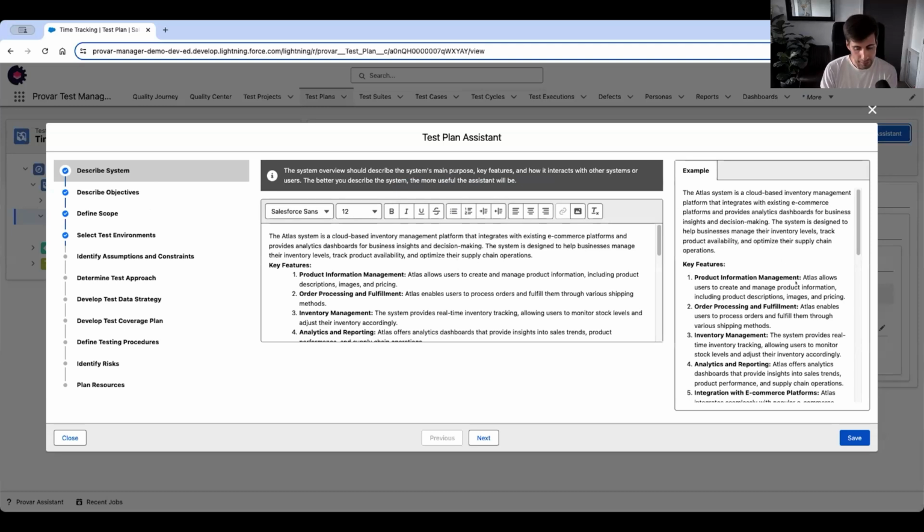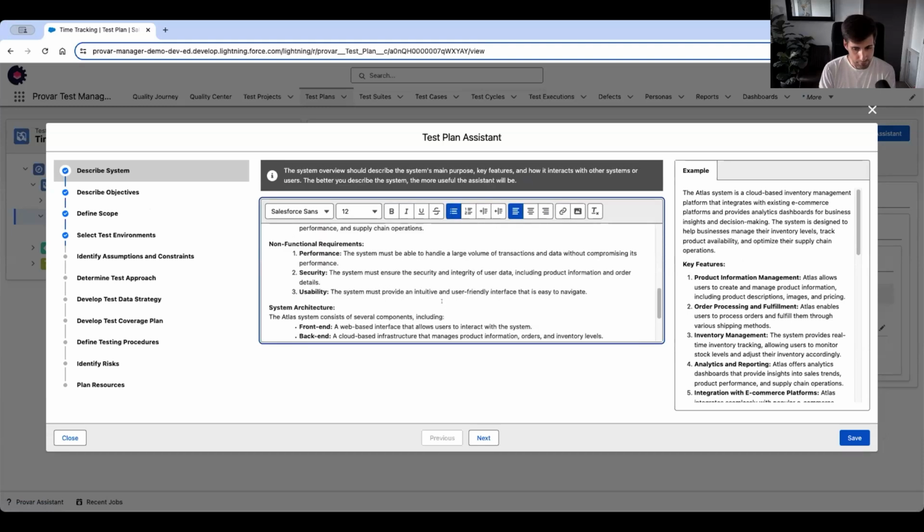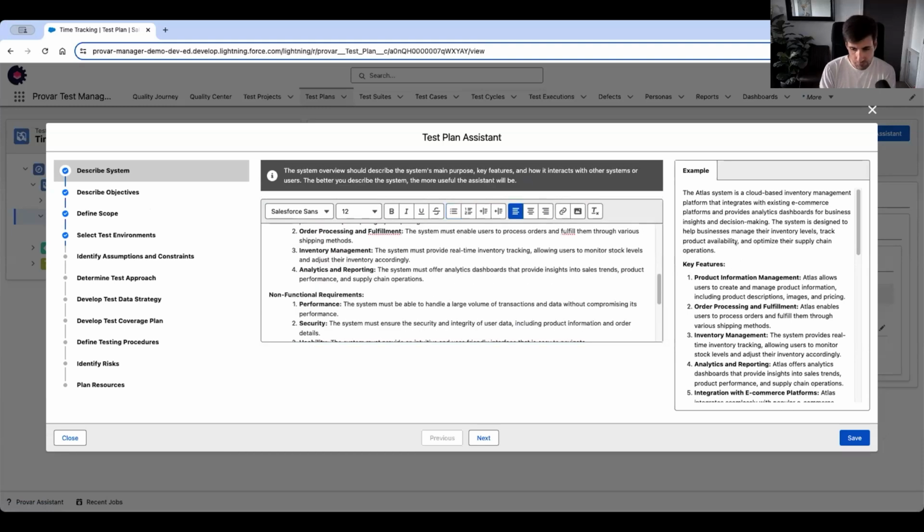And then on the right-hand side, you have examples, and where applicable, we also have AI-generated suggestions for you. So step by step, we give you a bit of information about what you're supposed to write here. And if you feel lost, then you can look at the examples. Okay,